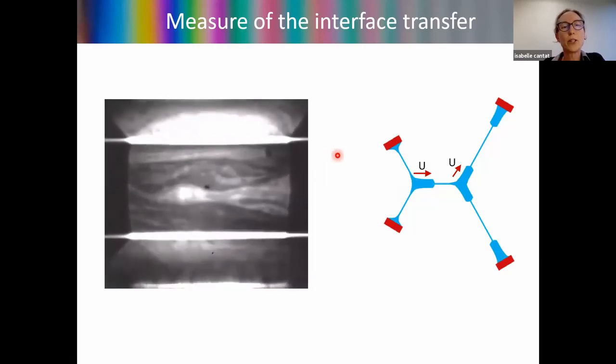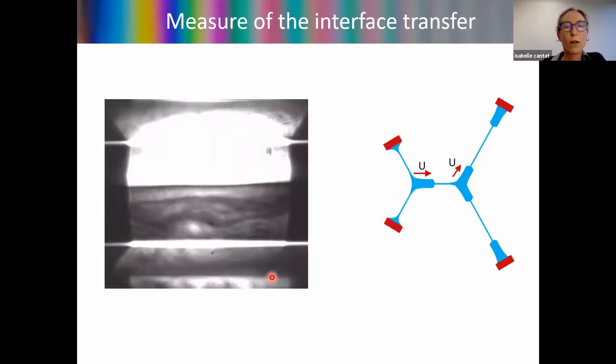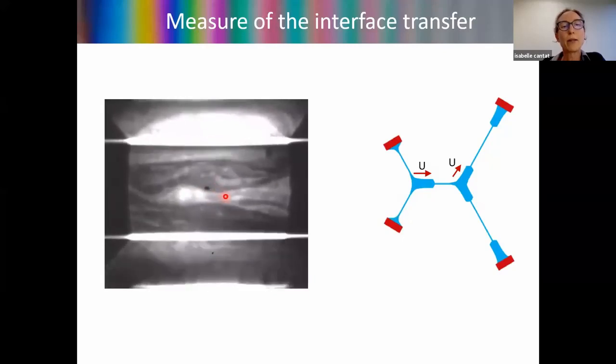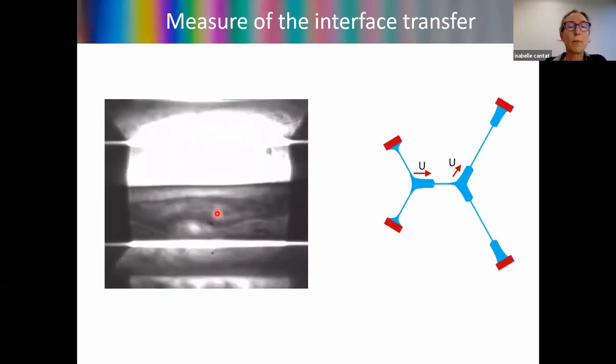Here you see the fluorescence emission and the two free menisci here and there. So what do we see in this movie? First, let's discuss these small dark spots that you probably saw. This is a photobleached spot that we produce at this time and that we can follow during the deformation. And this is our passive tracer. The second thing you see is this very bright piece of film, which is a Frankel's film, much thicker than the initial film and extracted from this meniscus.